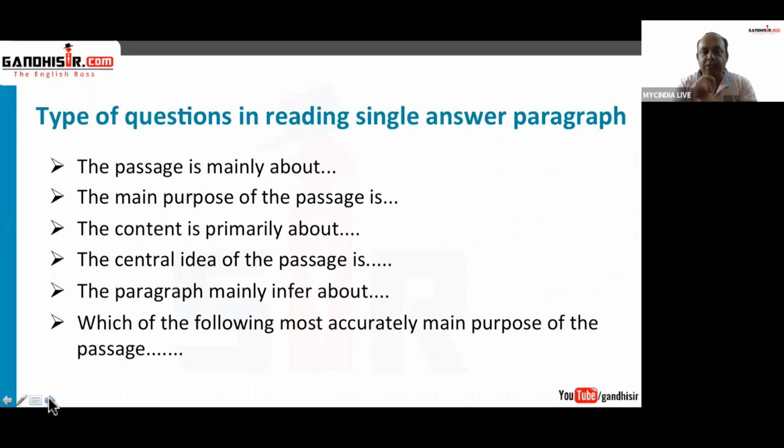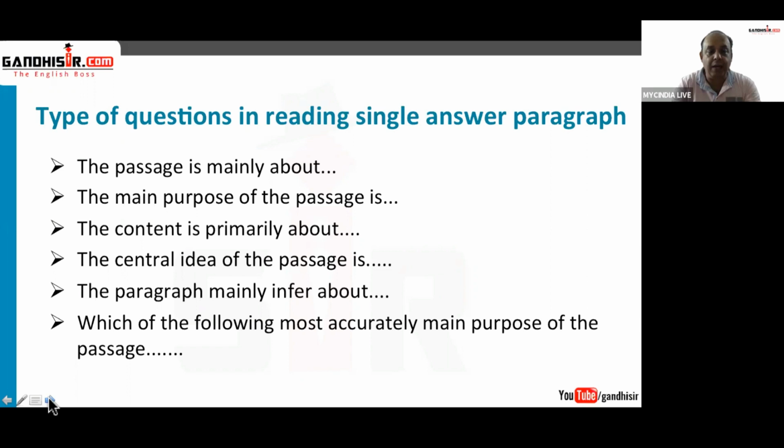So always, do not listen in between or leave in between, because you won't be able to understand. अभी तक मैंने ये समझाया कि पैराग्राफ को पढ़ने का तरीका क्या है. पैराग्राफ को 3 हिस्सों में पढ़ना है. पहले लाइनों को मेन आइडिया, दूसरा लॉजिकल एक्सप्रेशंस और थर्ड इज रिजल्ट. इस तरीके से आपको सोचकर, मतलब this is basically your mentality of reading, that what you are going to read, right? Now, if you're a PTE student, type of questions in reading single answer paragraph,